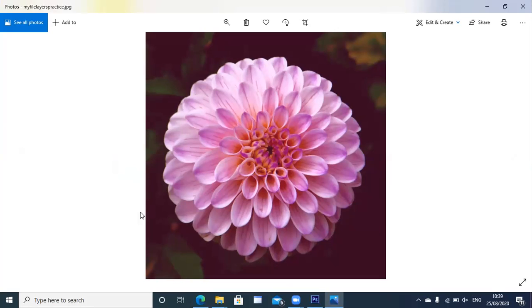Okay, Bhumika. So yeah, what I was saying is, if this is the image, I want you to try out auto tone, auto color, auto contrast, all the three of them. Decide which one looks best and save that as a JPEG file and send it to me on my email. This is your short practice that you need to do.